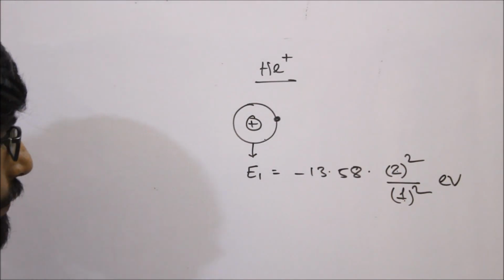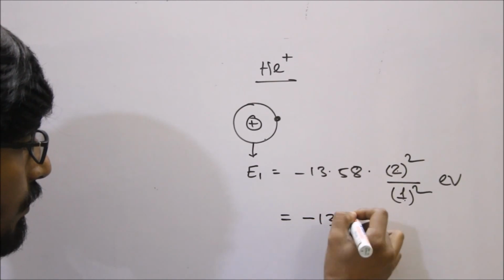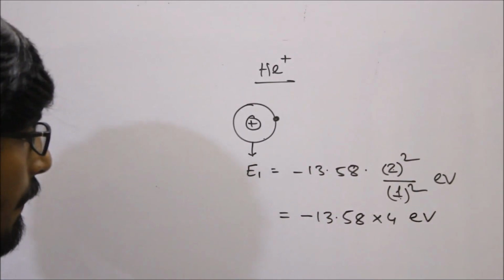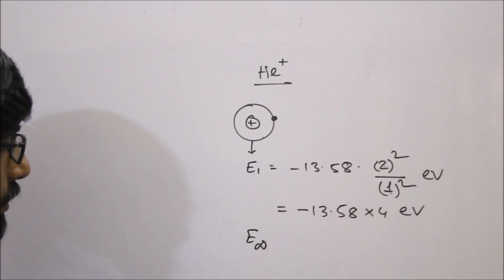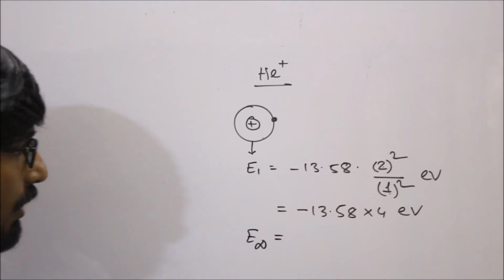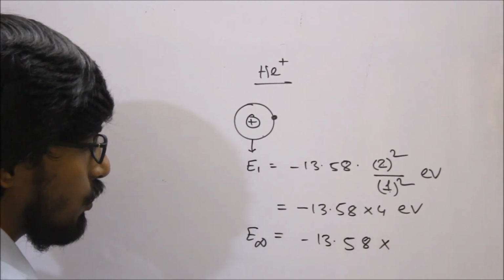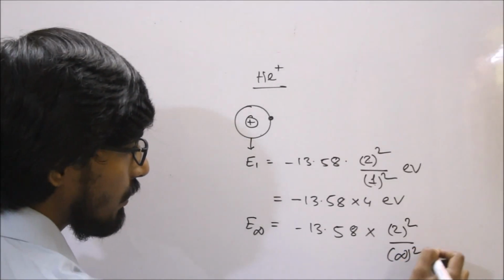Unit is eV. And the energy of the infinite shell will be minus 13.58 into 2 square by infinite square eV,